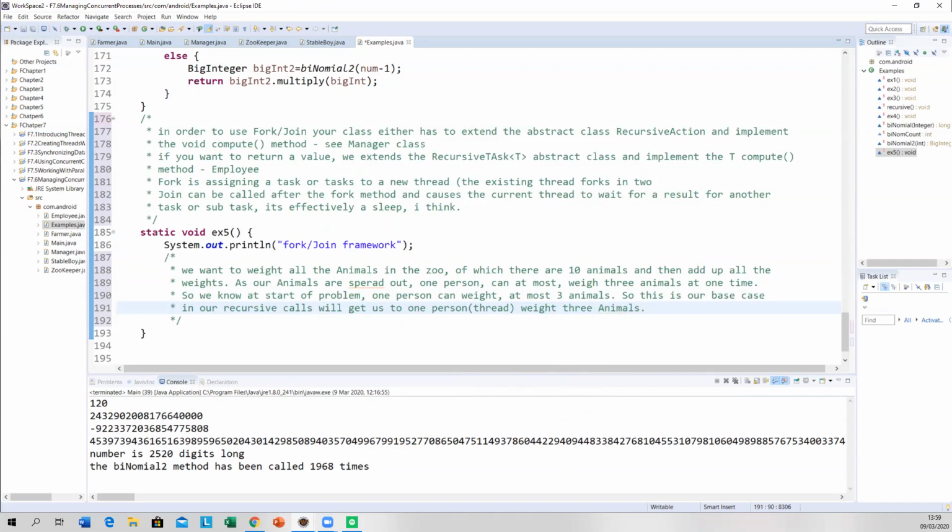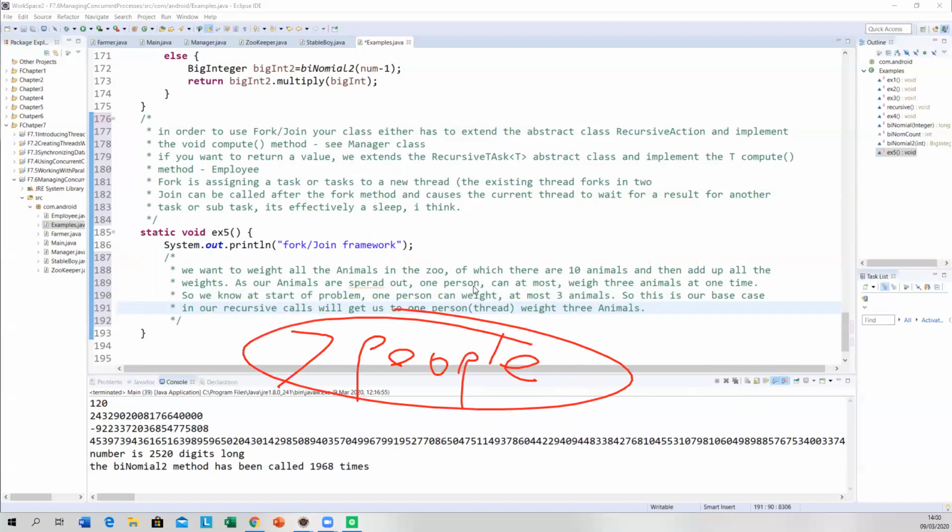Now, in reality, what I actually end up with, okay, is 7 people. It's just the way it assigns them out. It found it quicker for 7 threads to weigh 7 individual animals, and then we had 1 thread weighing 2, so that brings us to 8, and then I had another thread that was doing 3, that'll bring us to 10.